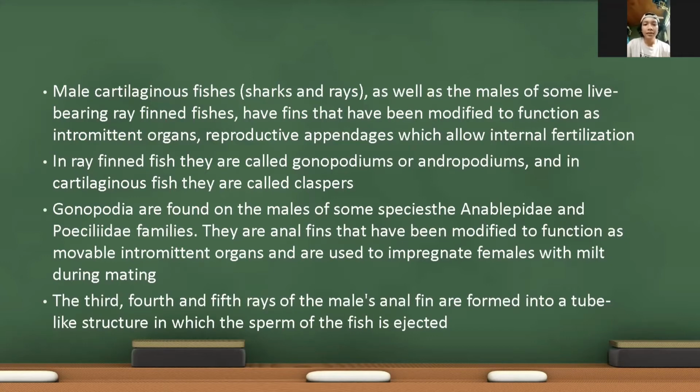Then the third, fourth, and fifth rays of the male's anal fin are formed into a tube-like structure through which the sperm of the fish is ejected. Yan na yan guys, yung ini-eject ng